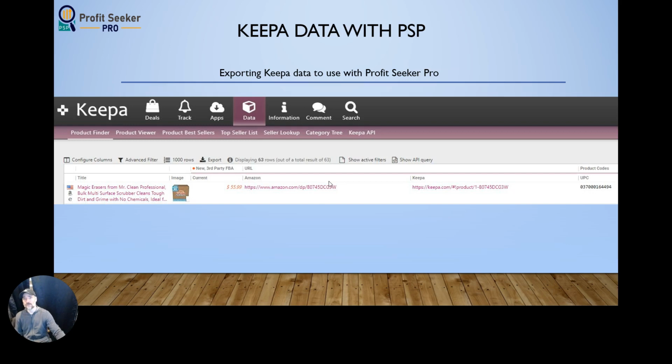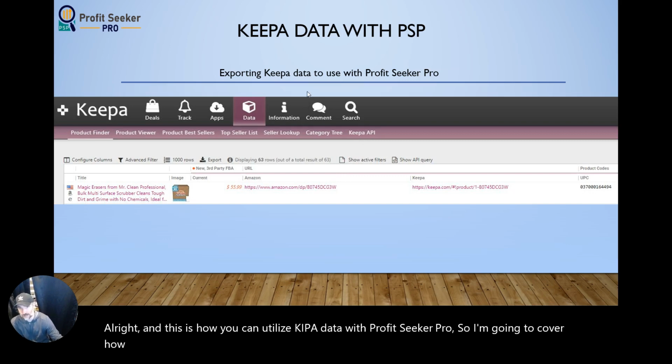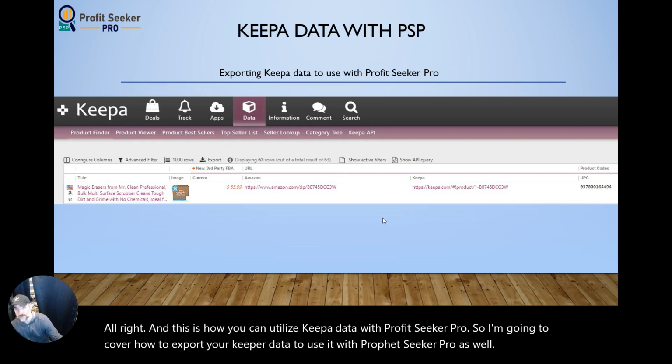Alright, and this is how you can utilize Keepa data with Profit Seeker Pro. So I'm going to cover how to export your Keepa data to use it with Profit Seeker Pro as well. Okay, so